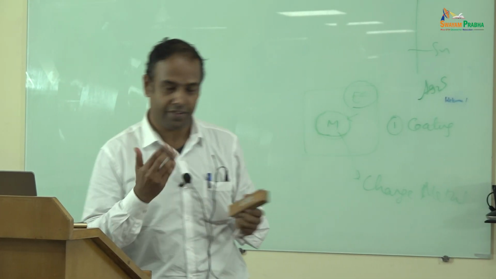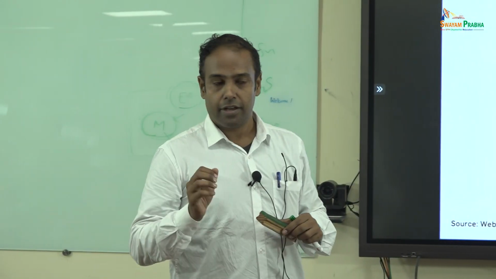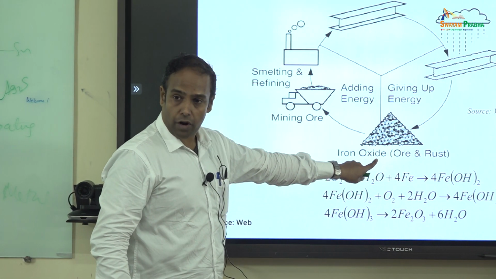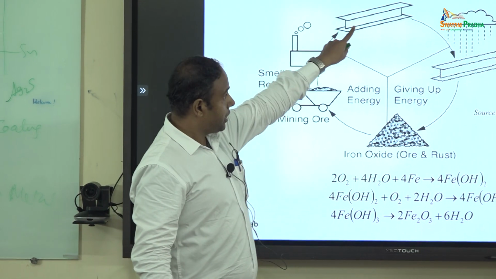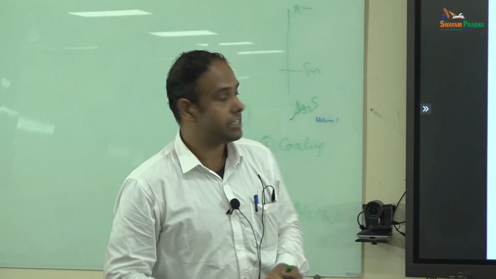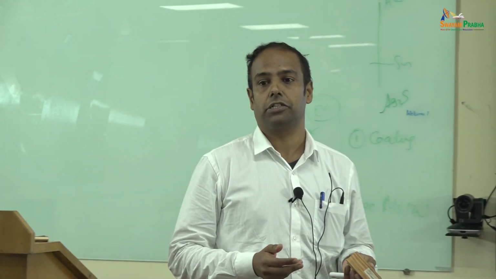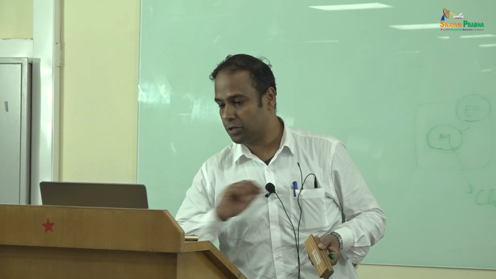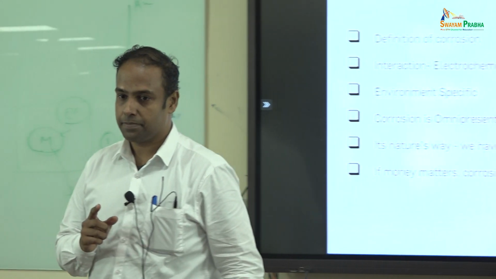Okay, this I don't need to say. You all know that no matter what you try, how much energy we produce from iron ore, we have to put in a lot of energy to get the metal. After adding energy and bringing it into a finished product, it gets back to the same ore. This is what we call the corrosion cycle. And I always say this, it is nature's way, right? And as he correctly pointed out, I will quickly run through this. If money matters to you, corrosion matters as well, right?